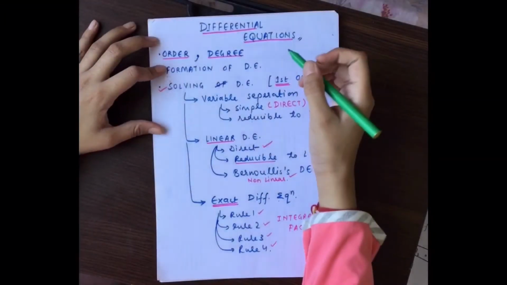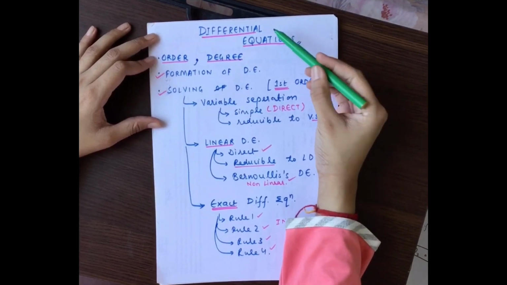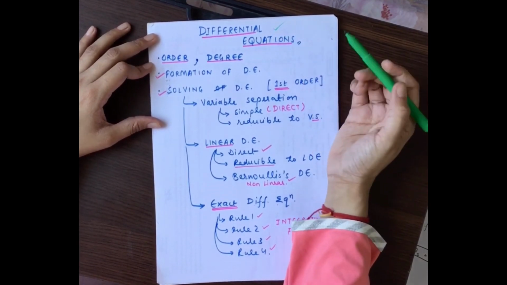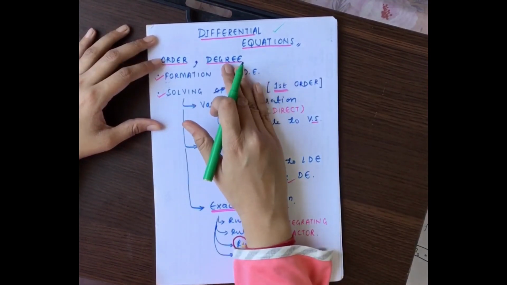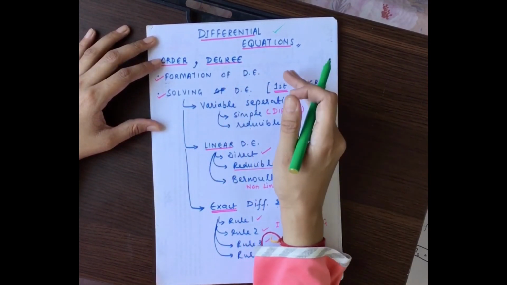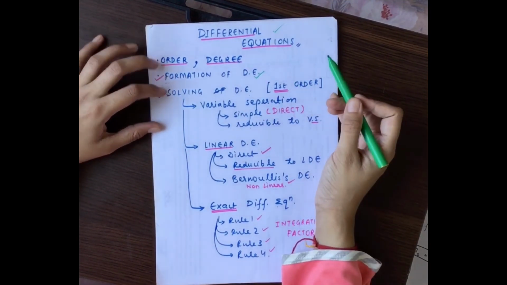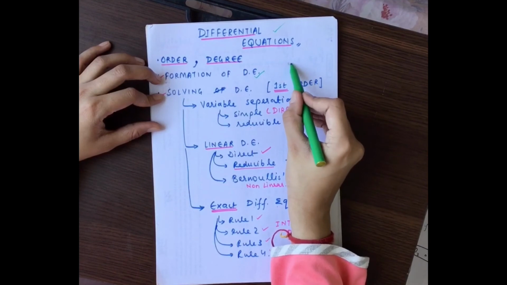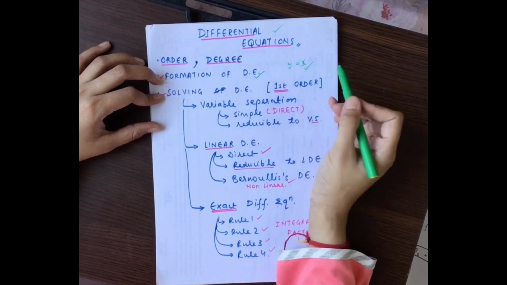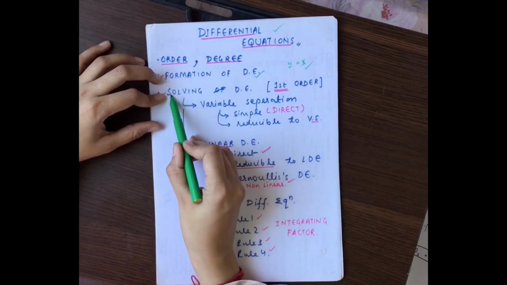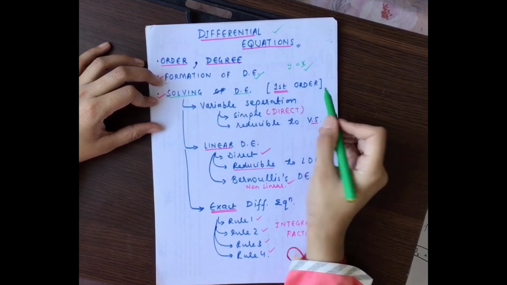Now let's start a new chapter, differential equations, and it needs our previous knowledge of calculus. So I have divided it into different topics. First one will be order and degree. Then second, we will see how to form a differential equation from a simple equation like y equal to x, right, or how to make it a differential equation. And then we will see the solution of differential equations which are only of first order.